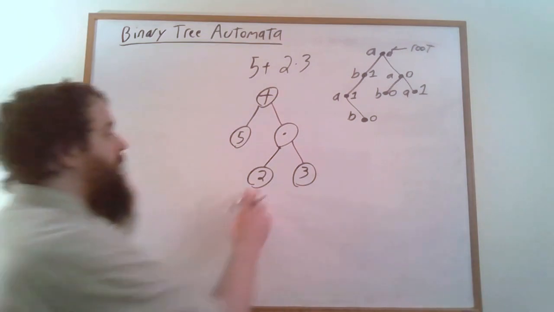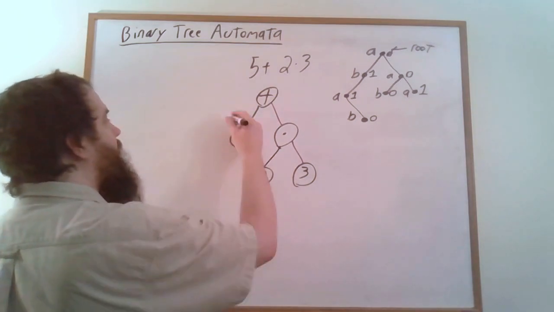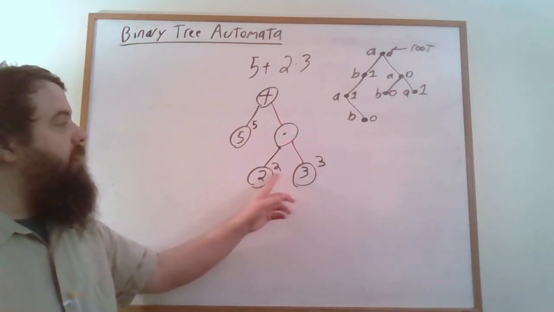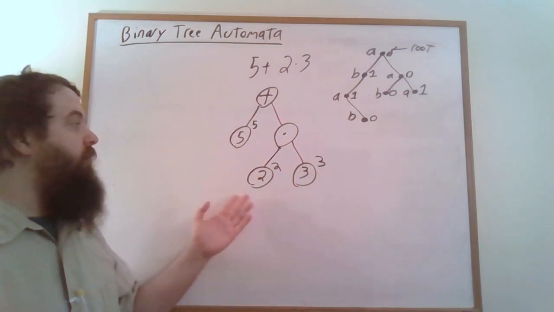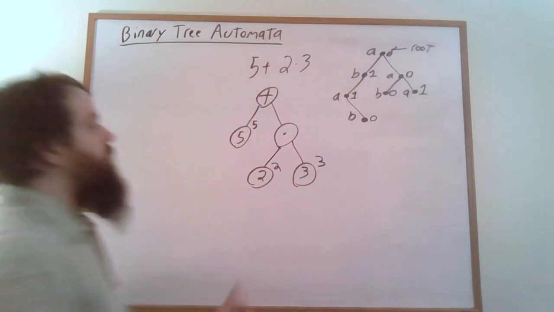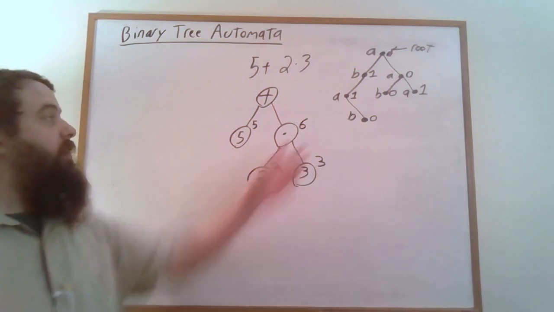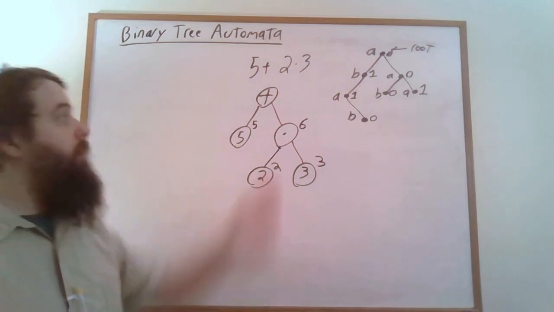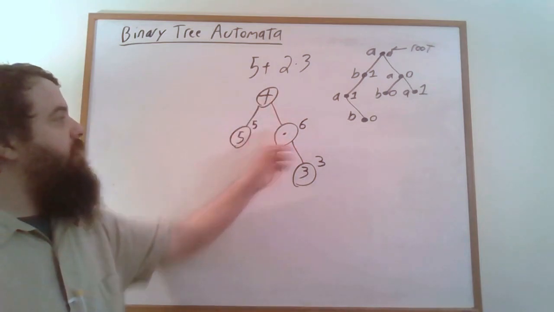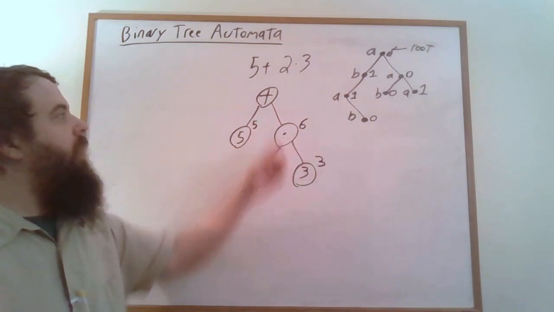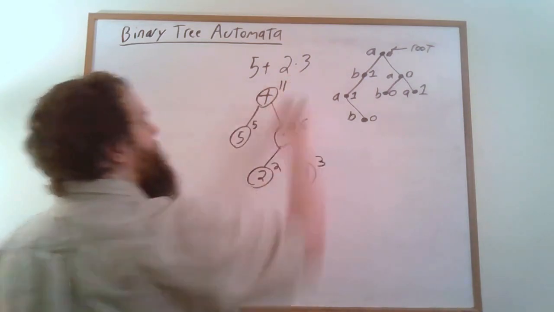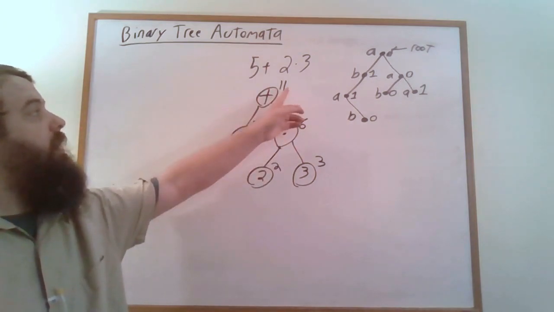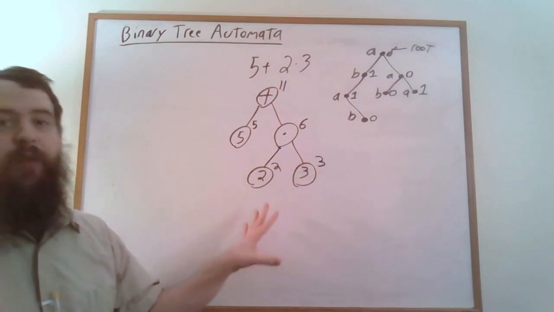So each of the leaves gets associated to the number in that leaf. And then if we have a product node, we're going to look at the numbers, states as they were, of the children nodes and take their product. And that will give us the number, the state that we're associating to that node. And then when we want to evaluate this node, we look at the states associated to each of the child nodes and take their sum. And then the state, the number associated to the root node, is the value of the entire expression.